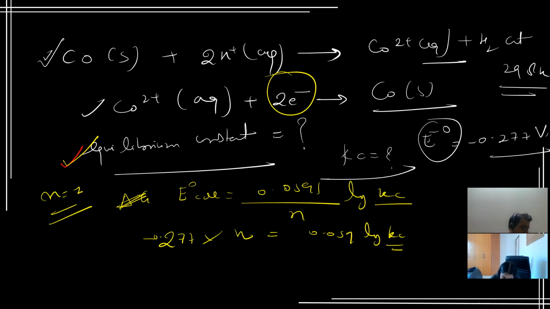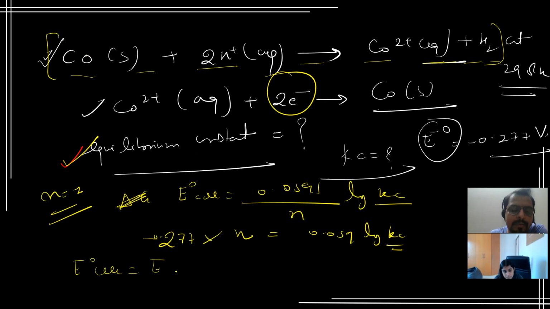What are you telling? Okay. So this is the overall equation. You got something like 9 point something. What is the answer? I got negative 9.37. Okay. See, this is the complete redox reaction. In this complete redox reaction, cobalt is oxidizing and hydrogen is reducing, right? So what will be the E naught cell?